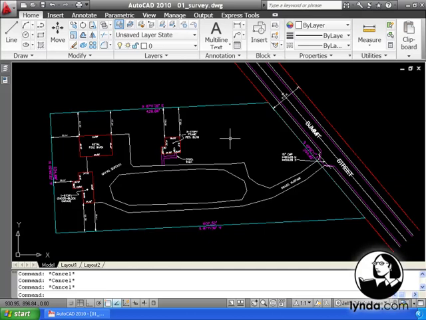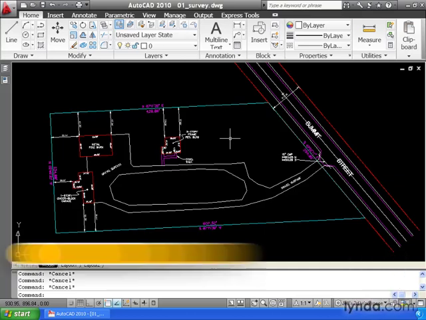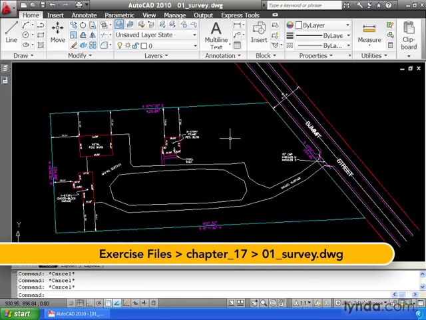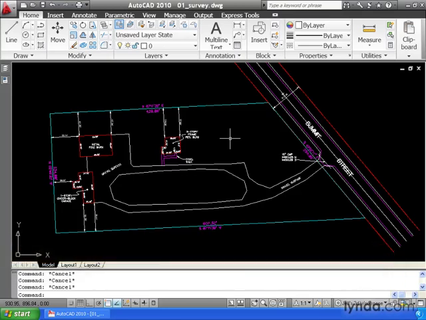Occasionally, we may be asked to send our AutoCAD drawing to someone else. When this happens, it's important to remember that everyone doesn't necessarily use the most current version of AutoCAD. Some firms, in fact, don't use AutoCAD at all. They may use a completely different CAD program. Let's look at how we can save our drawings for clients who may not be using the same software as